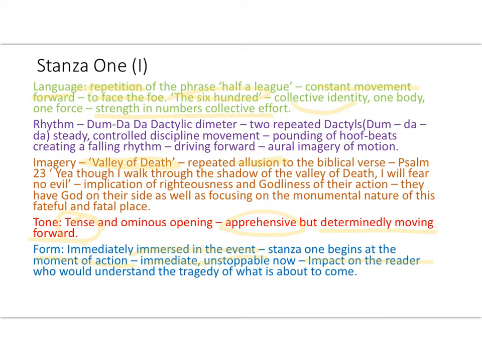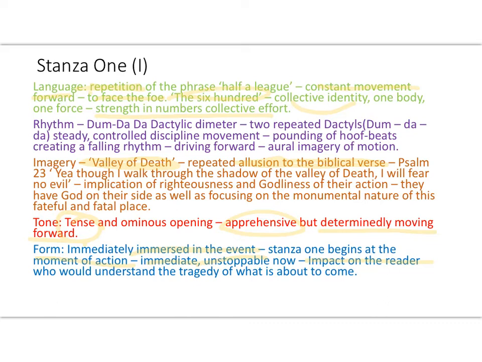So an allusion is a reference to another text, and in this case it's a reference to the Bible, a biblical verse. So the Valley of Death is an allusion from the Bible to Psalm 23. "Yea, though I walk through the shadow of the valley of death, I will fear no evil." So by taking that biblical allusion and applying it to this particular situation in the Battle of Balaclava,